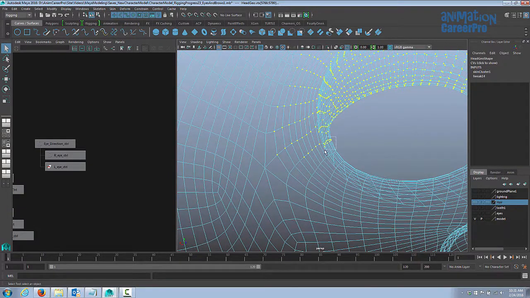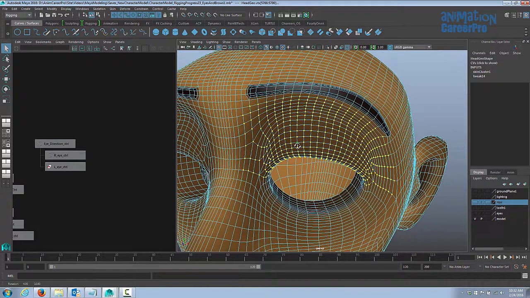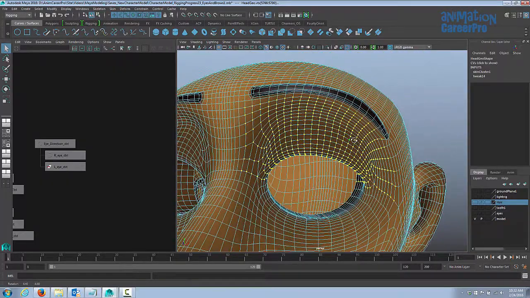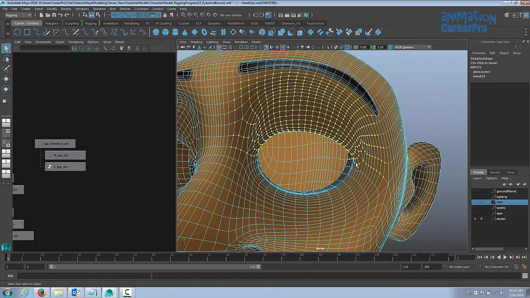And you can just hold shift down and drag a box to deselect some of these that we know we're not going to need. You don't want to have too little, because then some of the skin won't come with the blink. So something like that is probably fine. You definitely want to make sure you get the corners here.